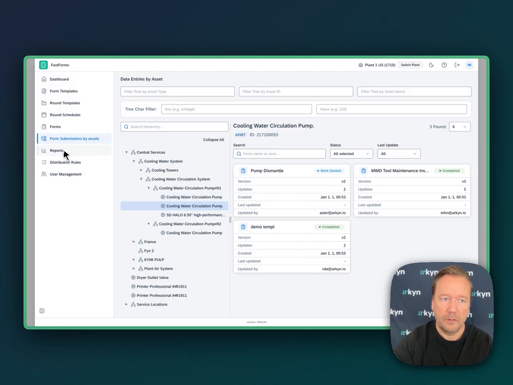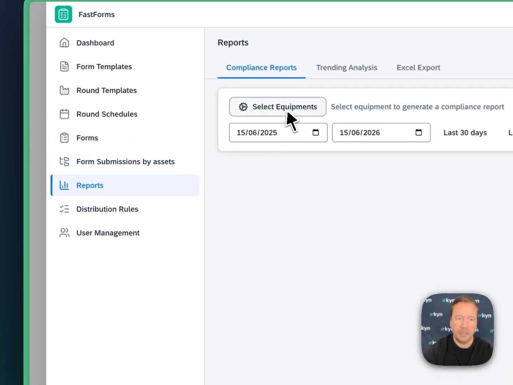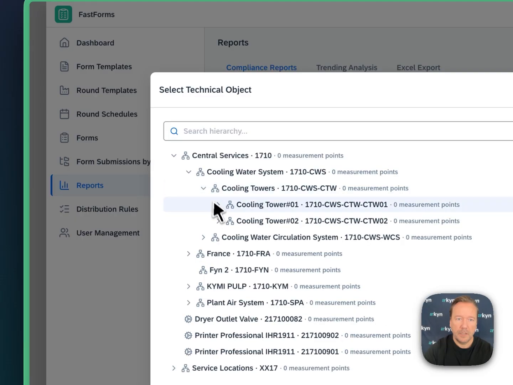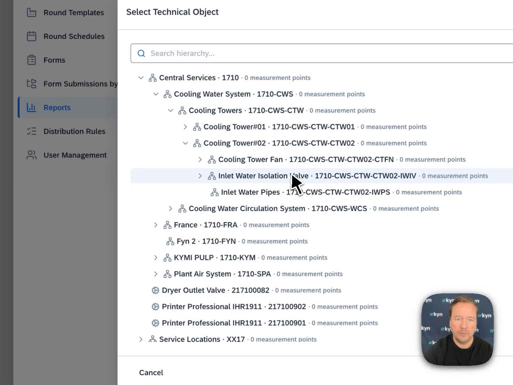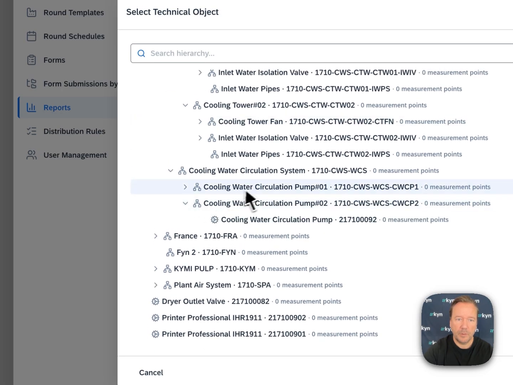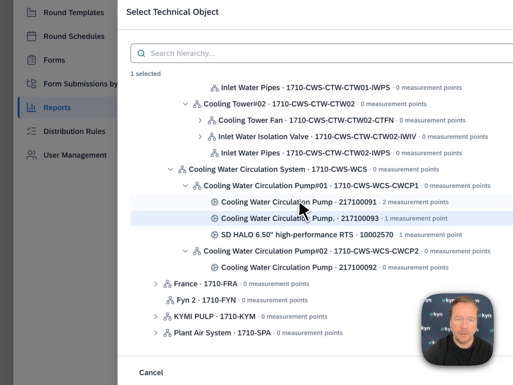We can also create reports, pick any equipment, again from the technical structure, and let me do this one here. Let me find my pump again. This one.